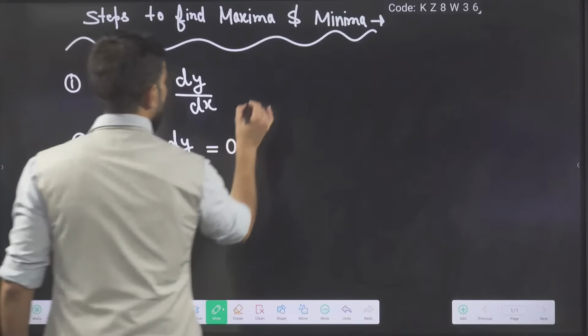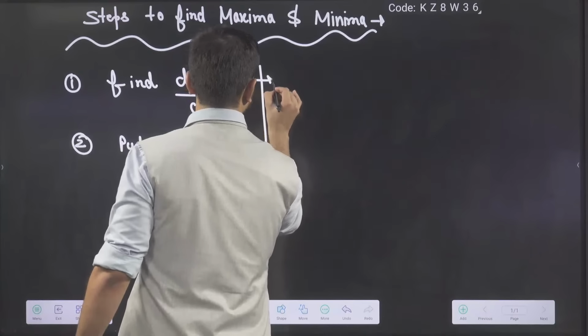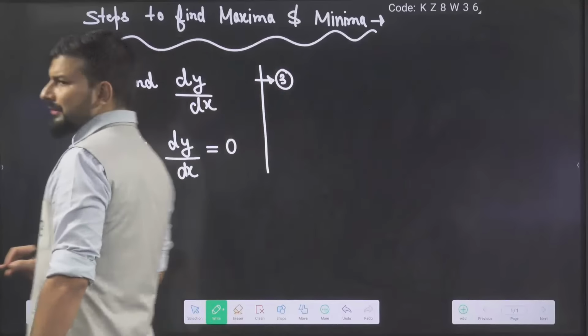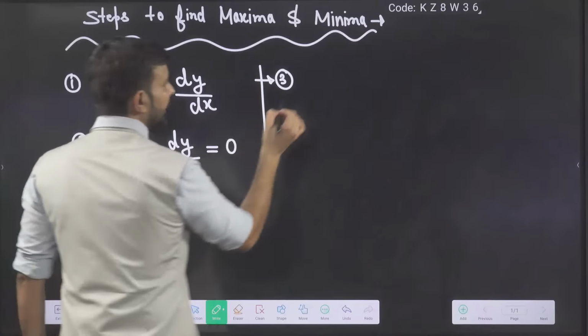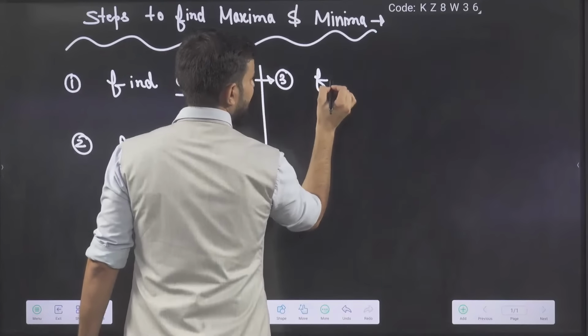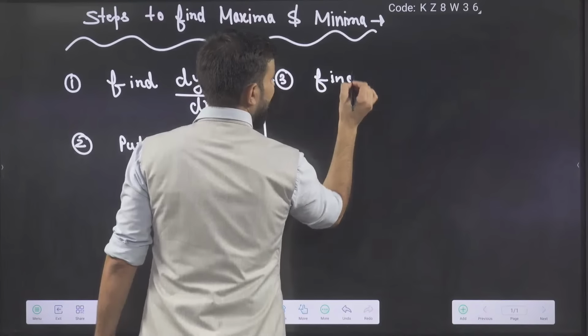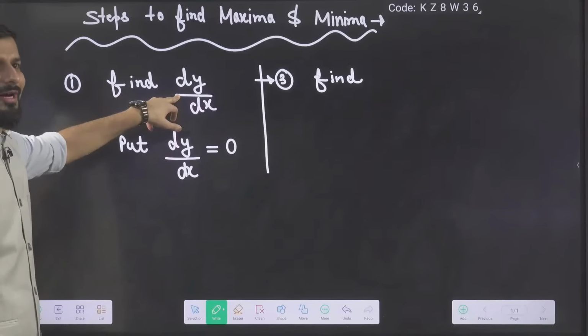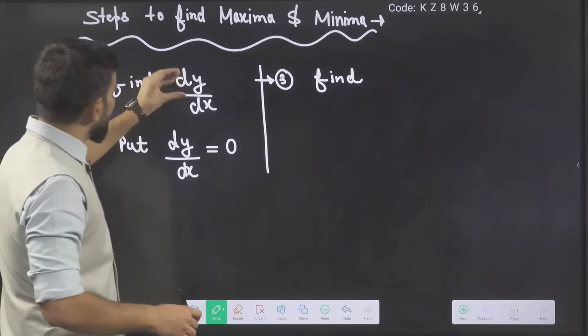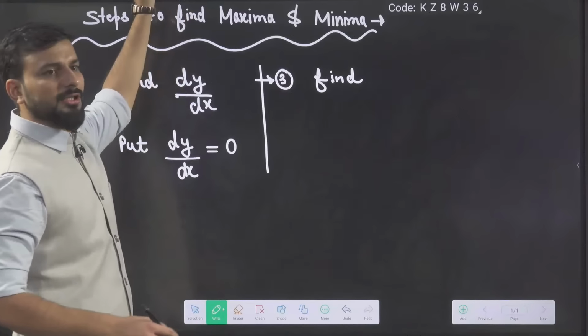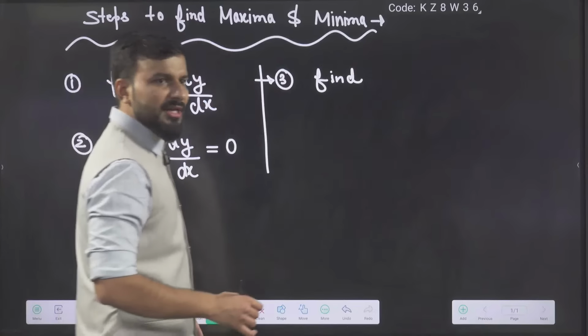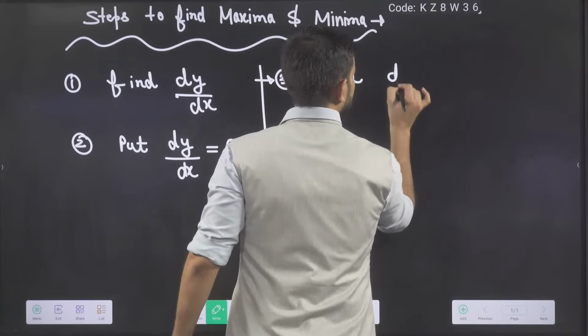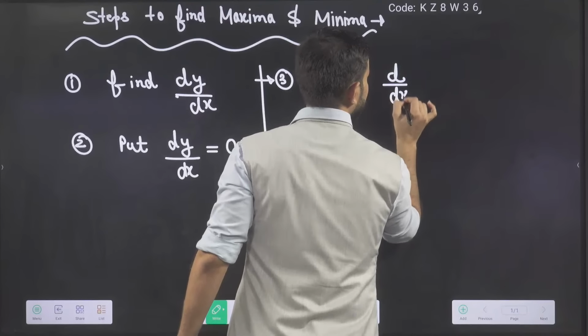The third step you were having is something like this. Third step was again find double differentiation. This was the first differentiation. How do we find the second differentiation? You have to re-differentiate this again. So when you re-differentiate this again, you can write it like this, d by dx. This is a symbol of differential operator. First class I have taught.